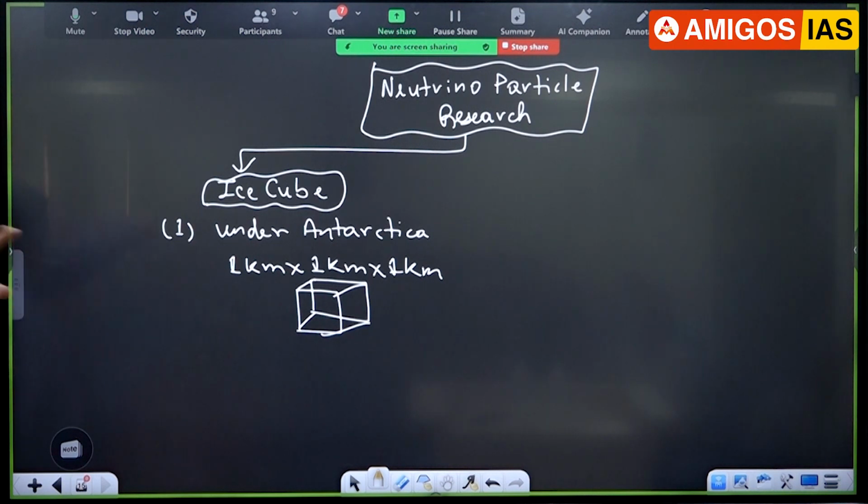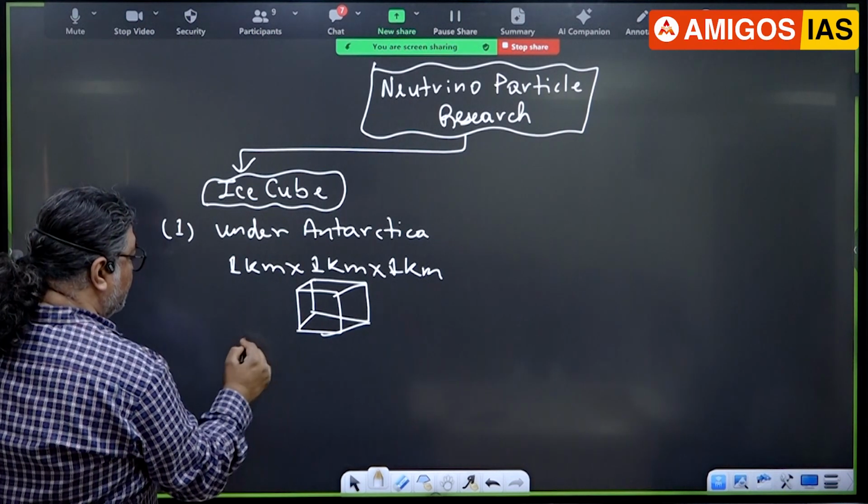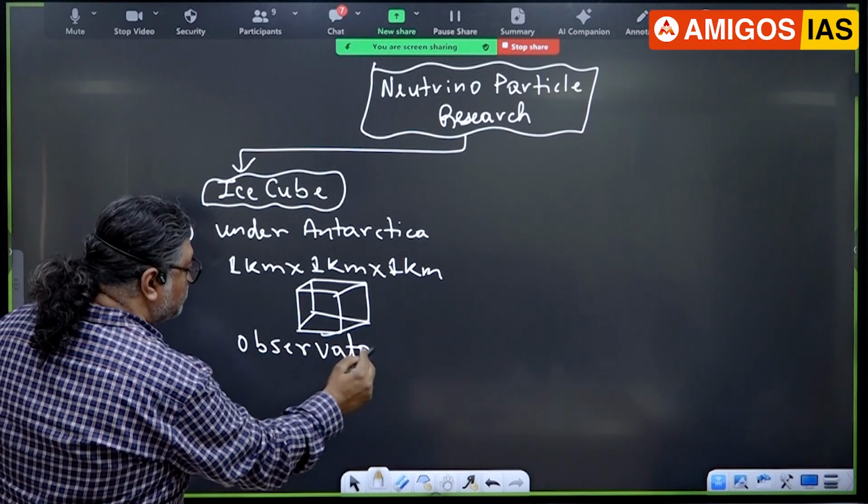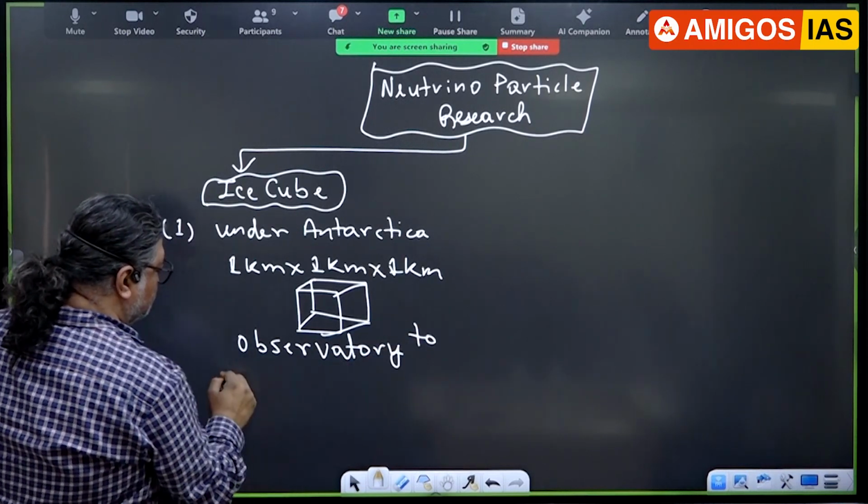Imagine this is like a room, a kind of house, a cube. That's called ice. Why is it called ice? Under the ice. Where? South Pole. And cube means that infrastructure. So here is an observatory